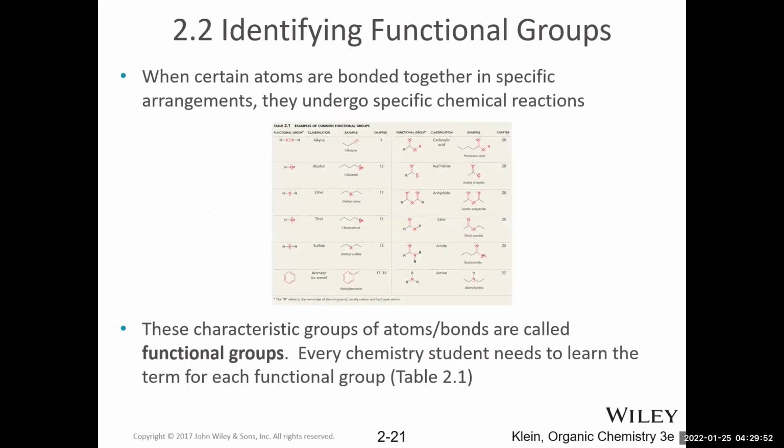Let's talk a little bit more about that term that I just used, functional groups. What does that mean? Well, functional groups are groups of atoms that are bonded together in a certain way, with a specific arrangement, such that they undergo specific chemical reactions. So they're like parts of molecules with a specific bonding pattern that we can study, see how those react once, and apply it to any structure that has that particular arrangement of atoms.